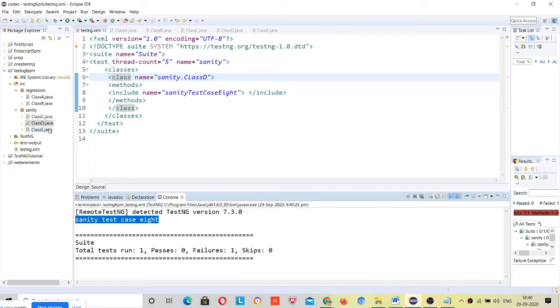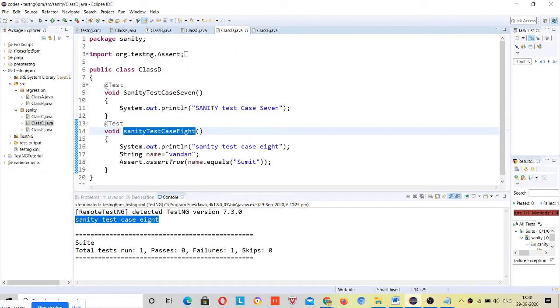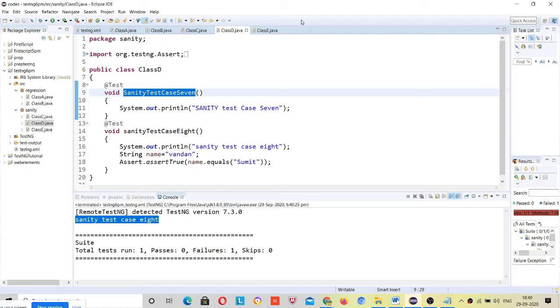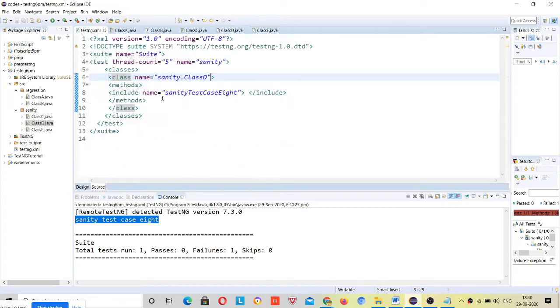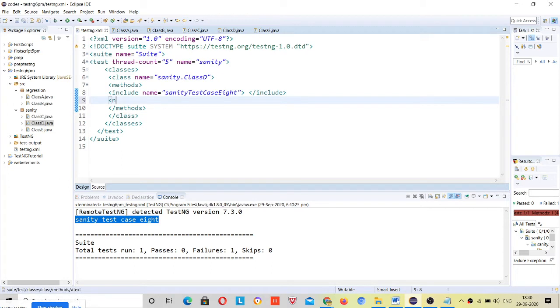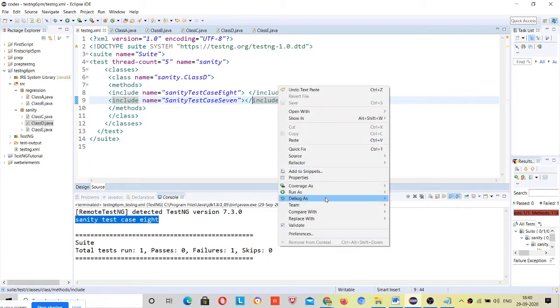Now if I ask you to include this as well, then copy this name and just come here inside test.testng. Right, so this will also run.